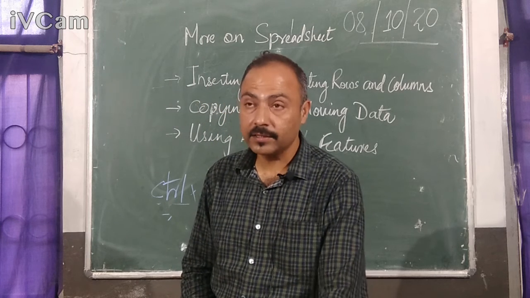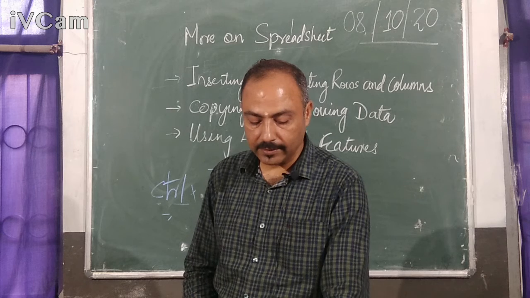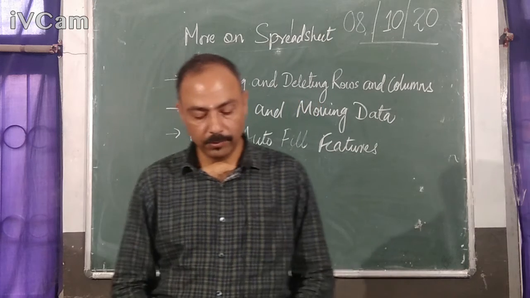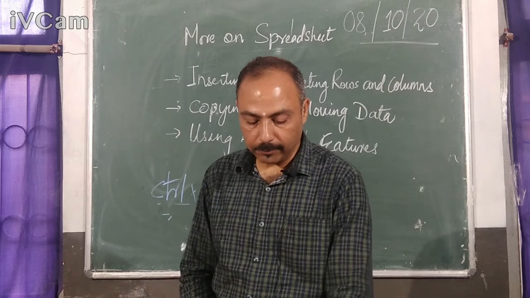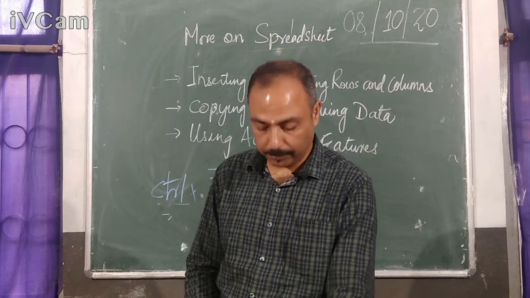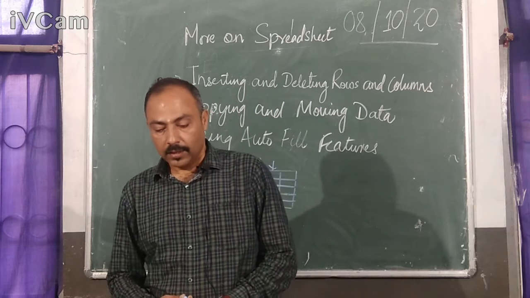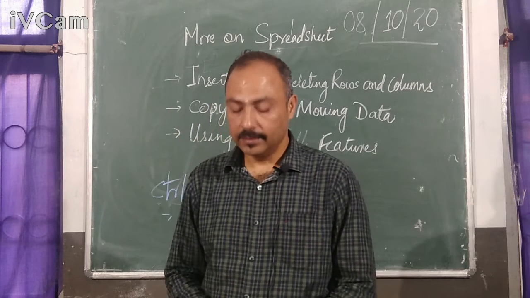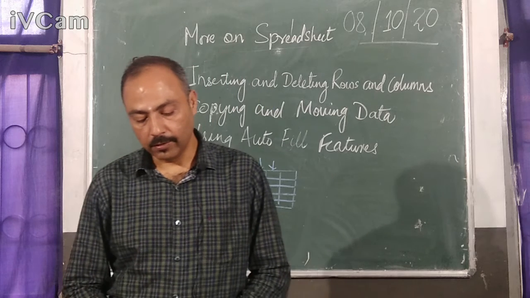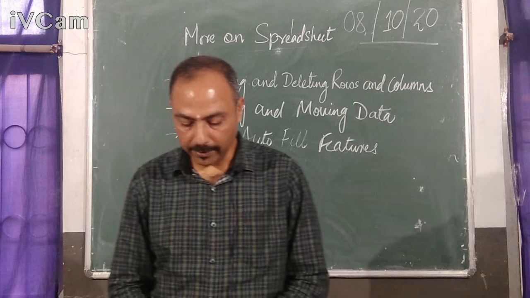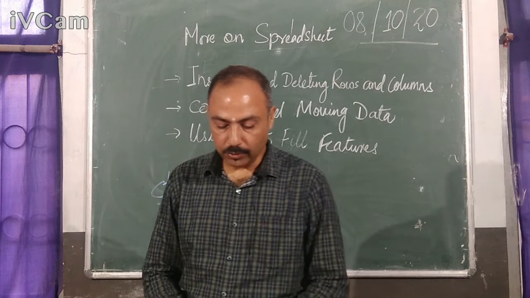See figure 6, Cells group. You have three options, that is Insert, Delete, and Format. If you have to insert the rows or the columns, you have to press the Insert one. If you have to delete the rows and the columns, you have to press the Delete one. To delete the rows, click on Delete Sheet Rows, and to delete the column, you have to select Delete Sheet Columns. So this way you can delete the rows and columns.